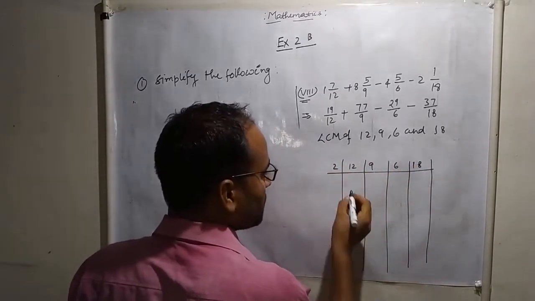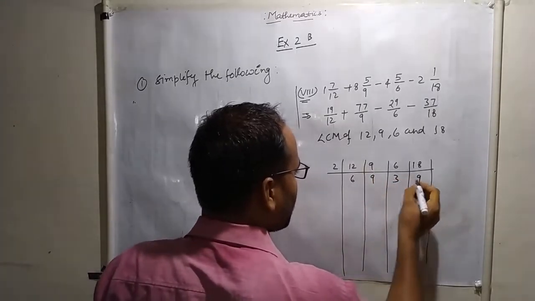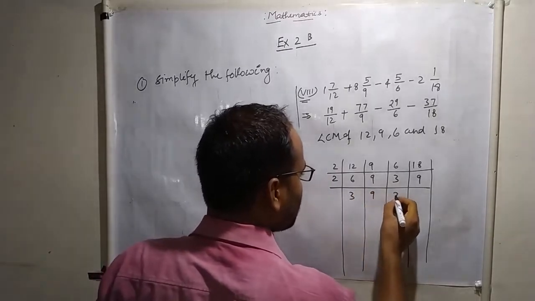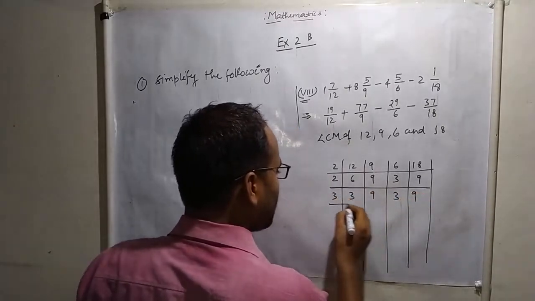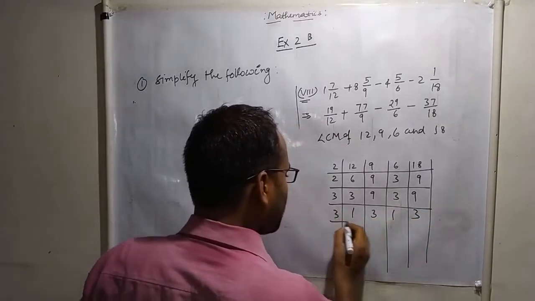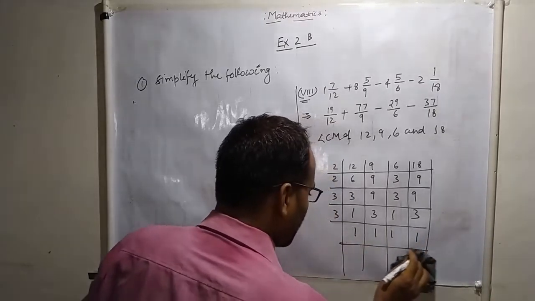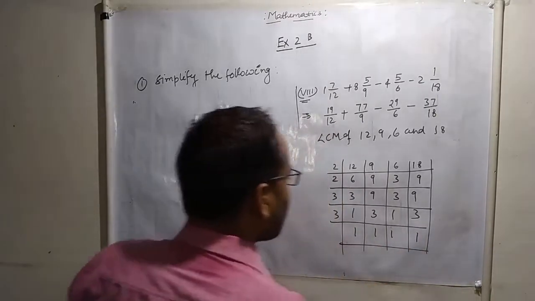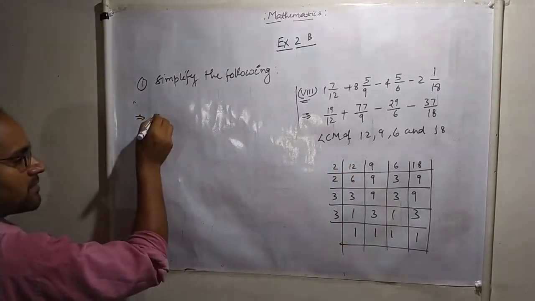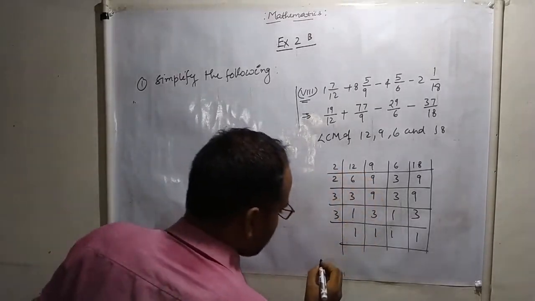First it starts with 2: 6, 9, 3, 9. Again with 2: 3, 9, 3, 9. With 3: 1, 3, 1, 3. Then again with 3: 1, 1, 1. This one is your LCM for this case. Okay. So your LCM for this case is equal to